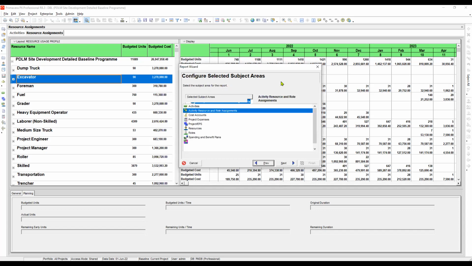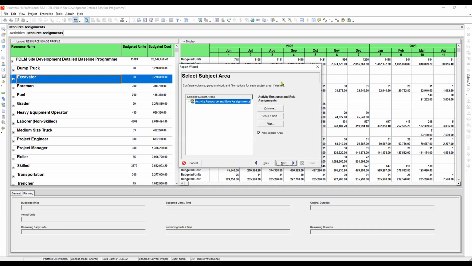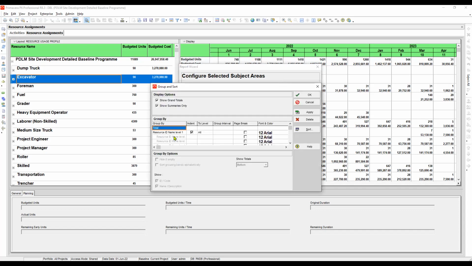Okay, let's get back. Okay. The value is not shown. That means,